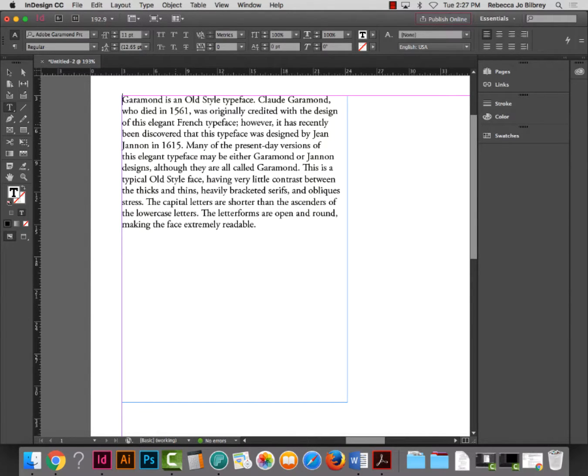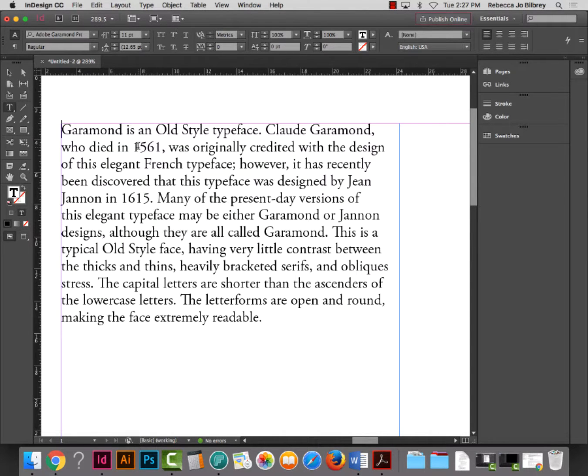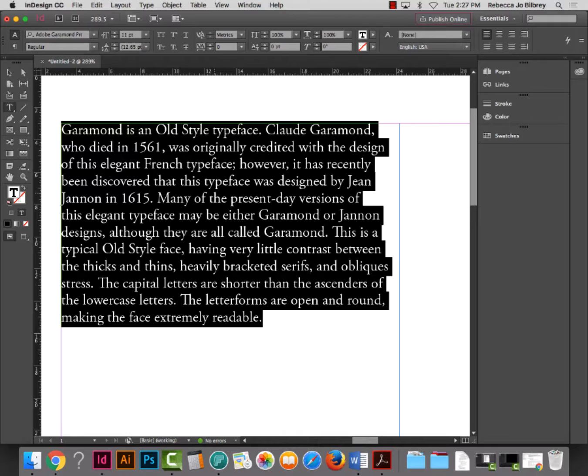And first, let's talk about that proportional Oldstyle sort of character for the numbers. Now I'm zooming in a little bit. 1561 and 1615 currently are the same size as a capital letter. This creates unwanted emphasis in body copy. So if we have professional grade fonts, and again, not all fonts are created equally, but this one's a pro grade font, and we want to change this to be like what it is in the book, which is non-lining,